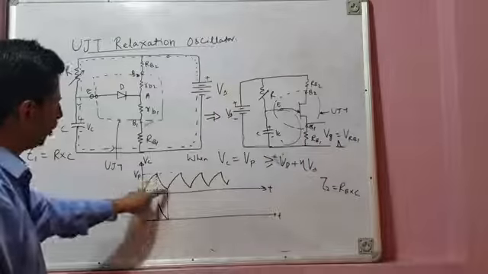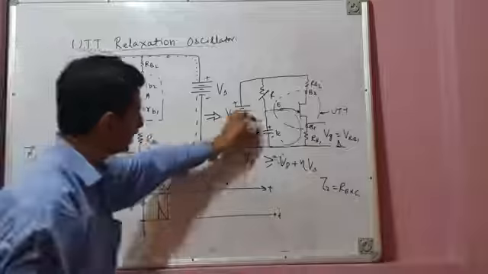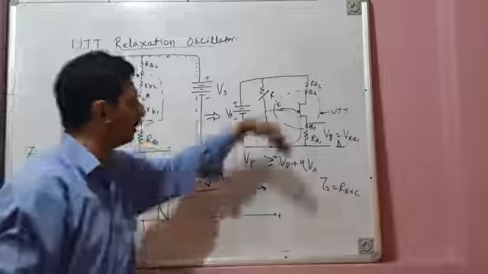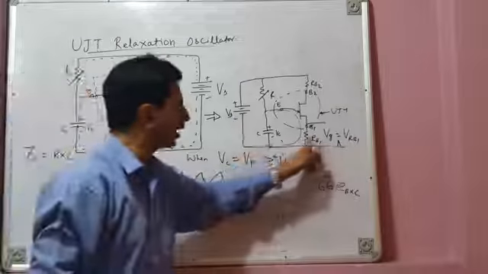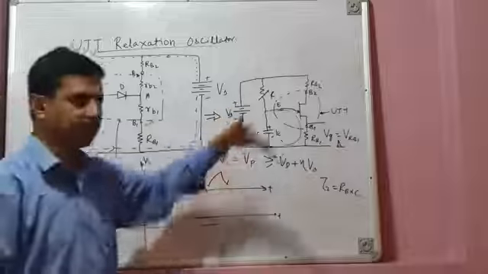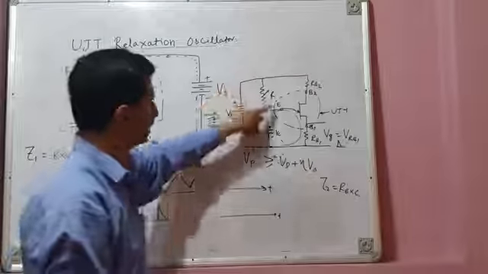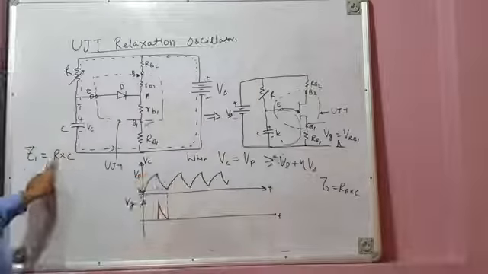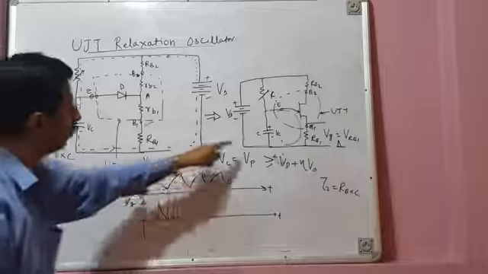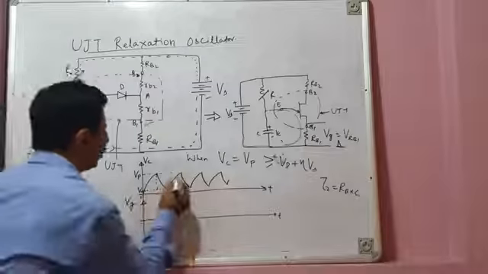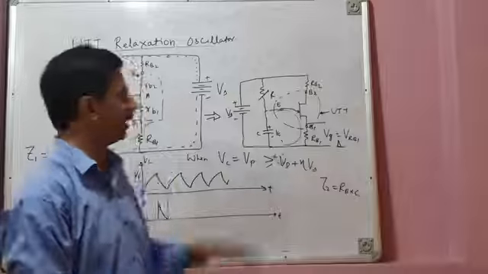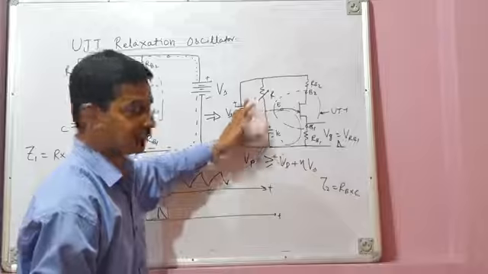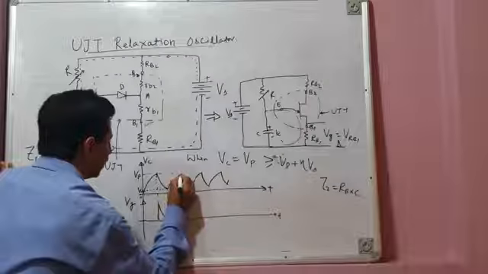And then as the voltage across capacitor tends to become less than valley point voltage, it's gone. Because capacitor has now completely discharged and you have obtained a voltage pulse across RB1, and then the process of charging again starts. This DC supply again charges the capacitor at the same rate, R into C. And as soon as the voltage across capacitor again reaches peak point voltage, the UJT again goes into conduction, and when UJT conducts, this RB1 receives the voltage pulse, voltage across VC. So again you receive another voltage pulse.